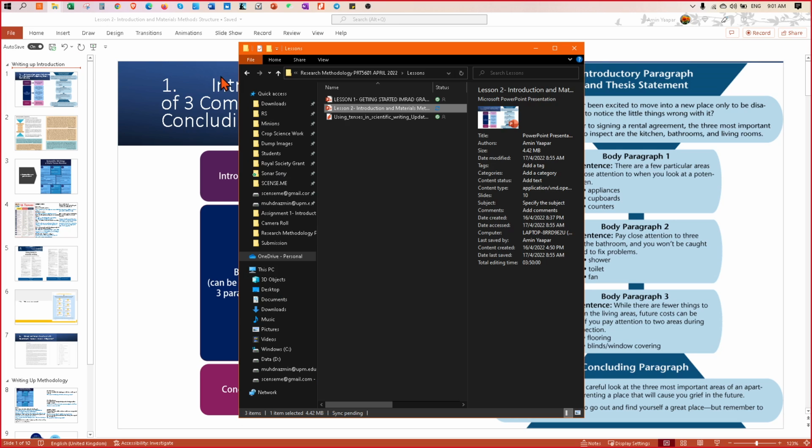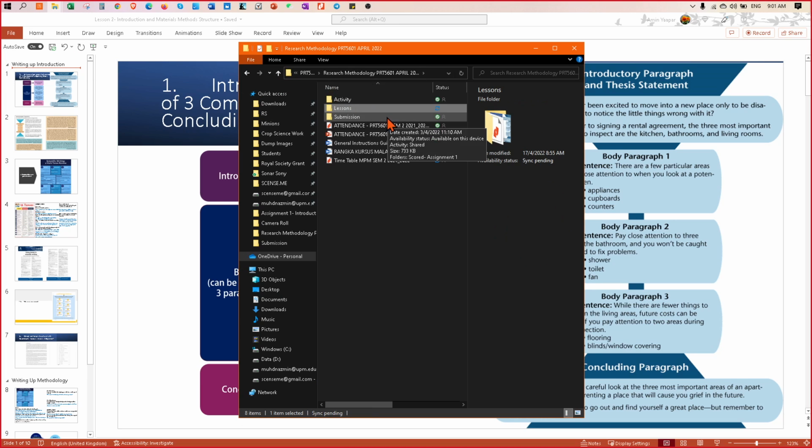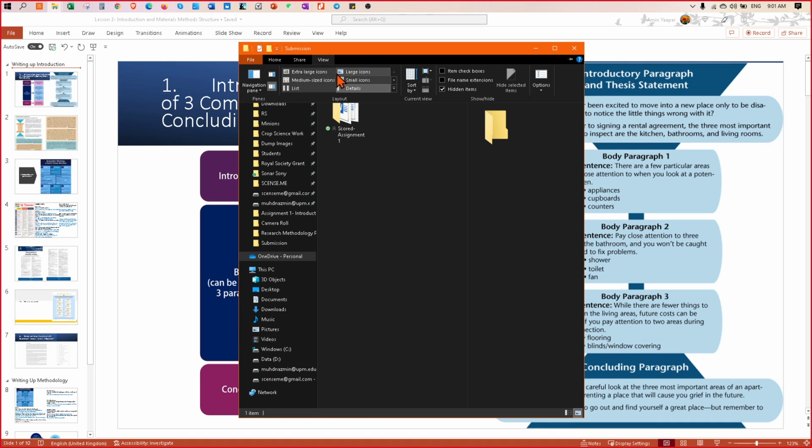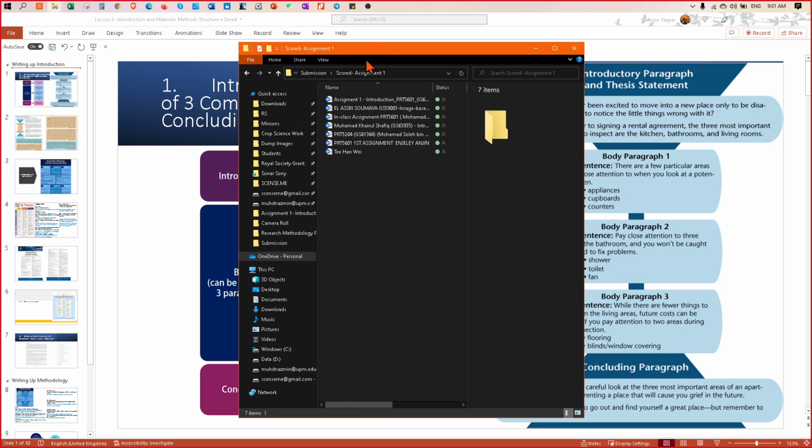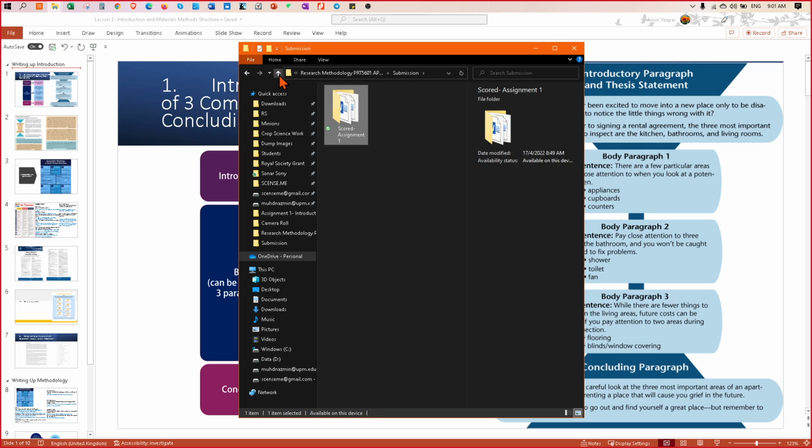And also, for your assignment, that would be the submission. It's already in this folder. I have read your assignment. So my comments would be, this is what's going to happen today. We will go through your assignment from last week, not last week, last 2 weeks, which you were asked to do an introduction using the things that you have learned previously.